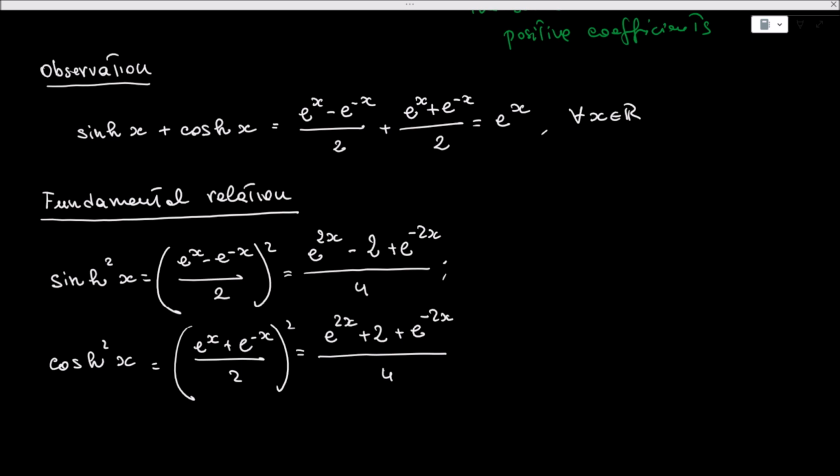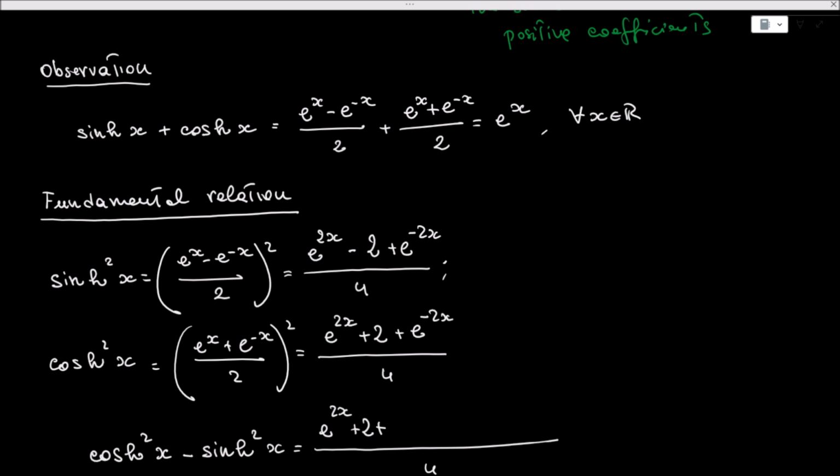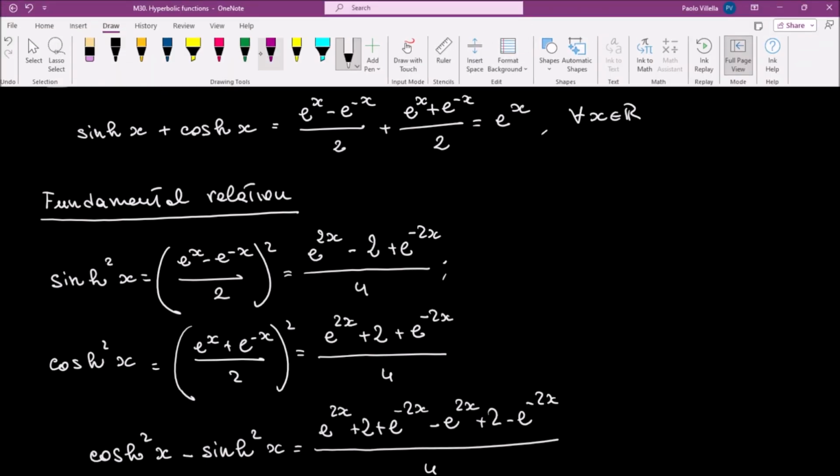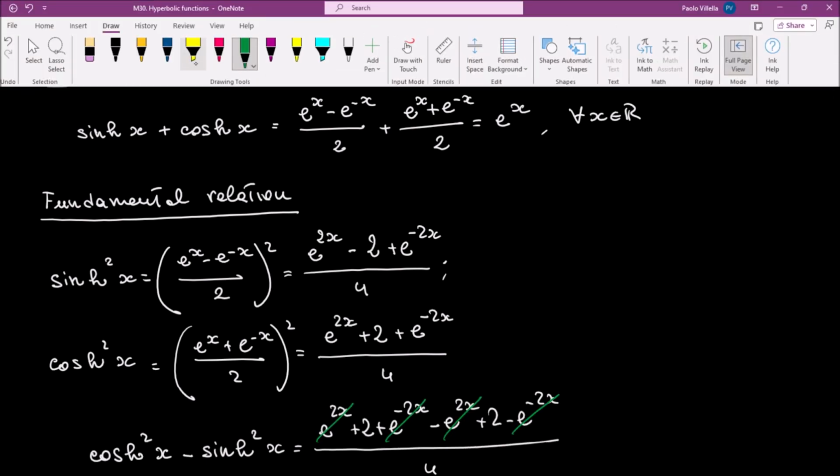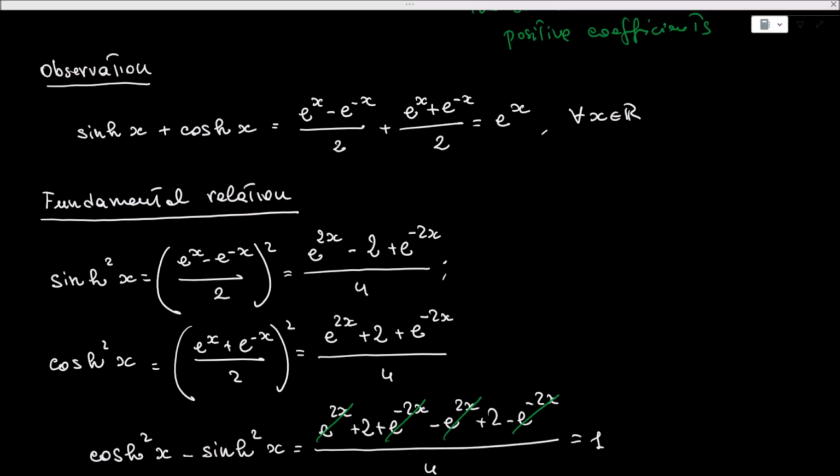So if we now take the square of the hyperbolic cosine of x minus the square of the hyperbolic sine of x, we immediately have, in one single fraction, e to the 2x plus 2 plus e to the minus 2x, then we have minus e to the 2x plus 2 minus e to the minus 2x, and we can cancel this and this, this and this, and so we get this fundamental relation, which is worth